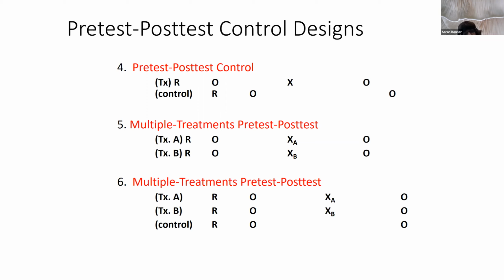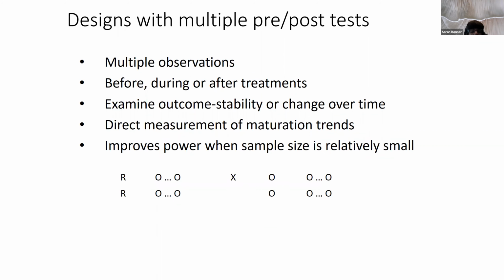You can do the same thing again with, rather than a control group, an alternative treatment, and you can add in treatment conditions as feasible. If you have multiple pre-tests or post-tests, that's really nice. One of the things is that you can look at whether or not your outcome is stable over time. And you can also see particularly whether a change in your immediate post-test is due to something like novelty, in which case it would be expected to wear off,